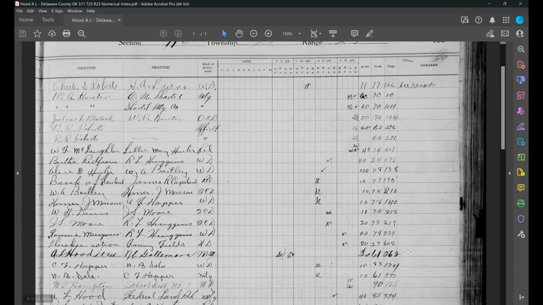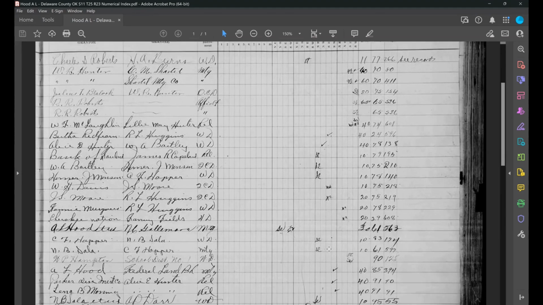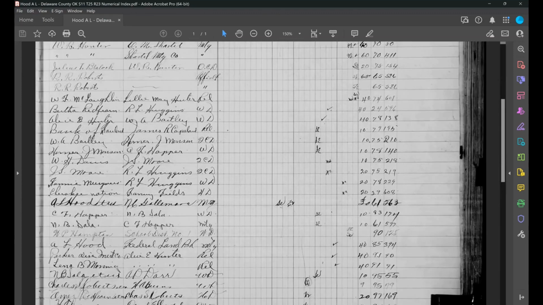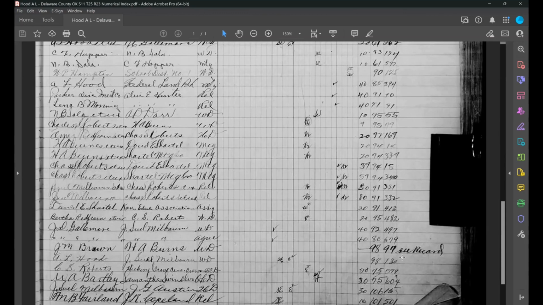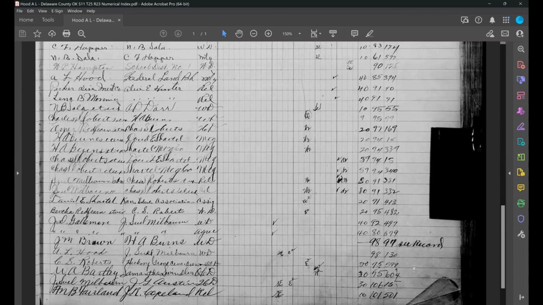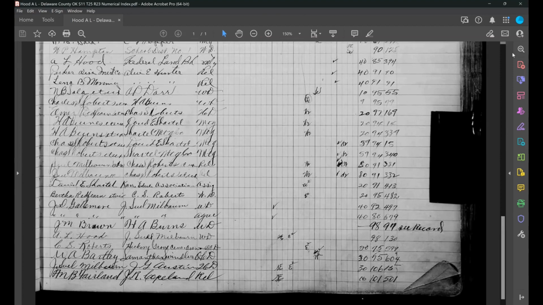My guy's mortgage is in book 61, page 263. And then down here, it says book 98, page 130. So I knew exactly which book to go to and which page, or to tell the clerk, this is the document I need. But this is the one where they said, how did you get that page? And I said, it's mine.